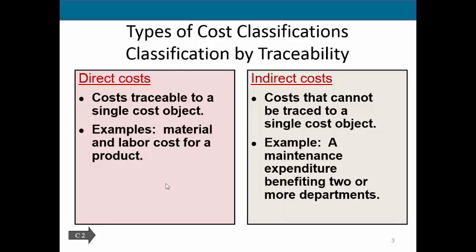However, we can't apply all of that rent to one specific bike. Instead, the rent on our building is really applicable, and it is part of the cost of all of our bikes, but it's not specific to one bike in particular. So that is why rent is an example of an indirect cost. It is a cost that affects all of our items, and it can't specifically be traced.